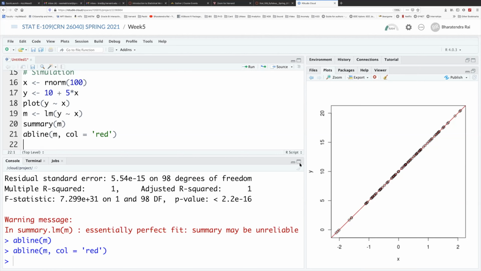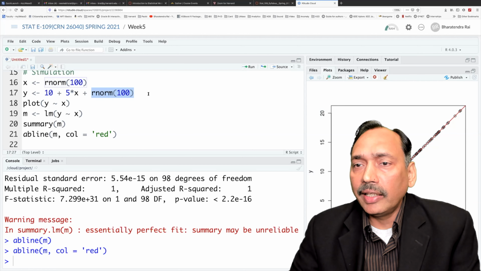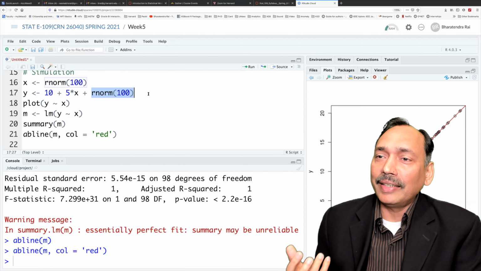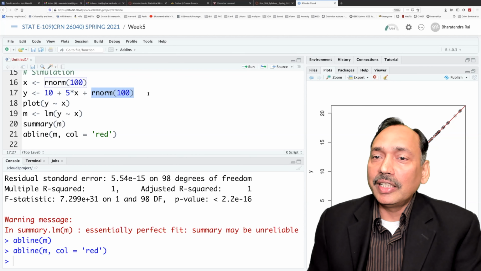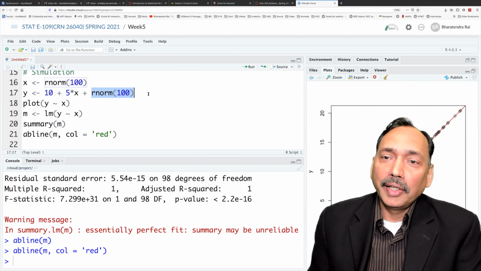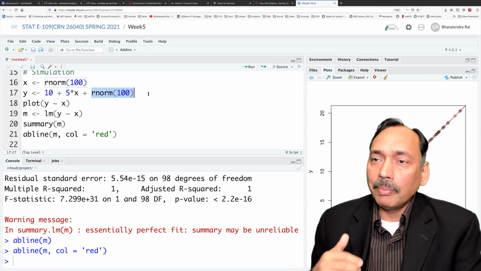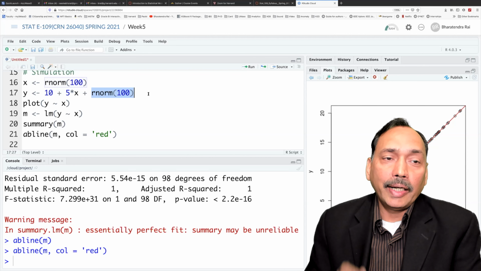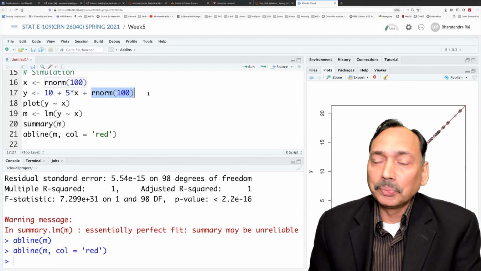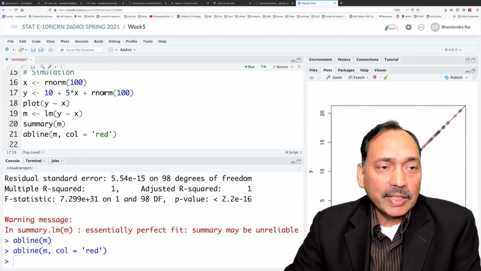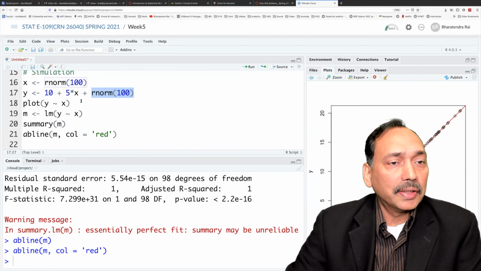Now if we introduce variability, that error term in y, let's say again we use random normal distribution and get 100 values from the standard normal distribution with mean 0 and 1. We are saying that this is a random error. Remember, one of the assumptions is that errors are normally distributed with mean 0 and whatever sigma. So sigma doesn't matter, mean should be 0, and for standard normal distribution mean is 0. So this will satisfy the assumption of normality